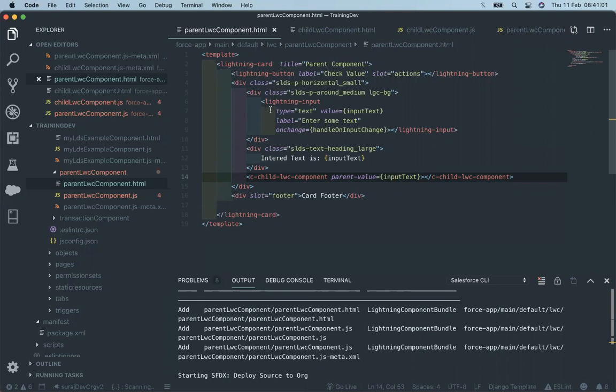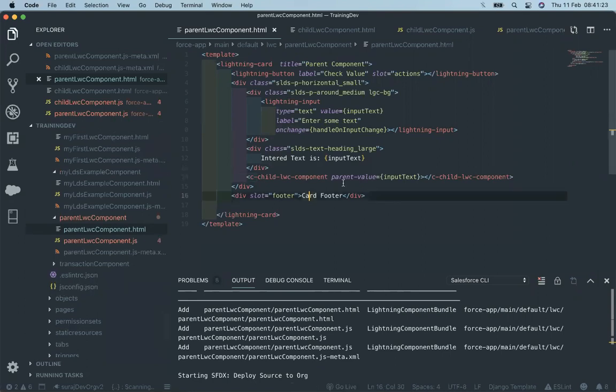So just like that, here in the input field, if you have to pass the value from the input to the parent, it has to declare an event, meaning we have to take the help of an event. Similarly, we have to declare a custom event inside our child component and take the help of that event to get the value. So let's have a look at how we declare the event.